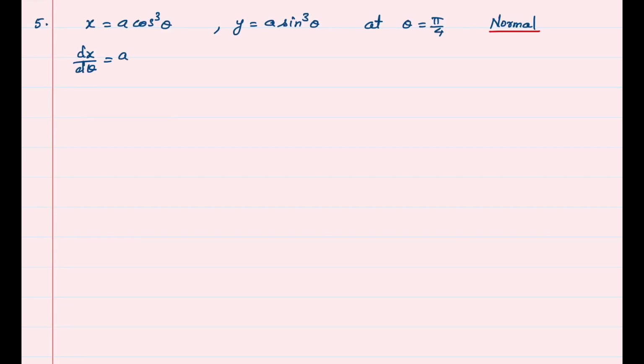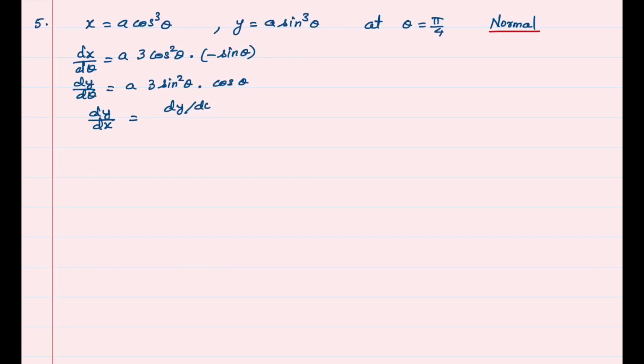A is a constant. We will apply chain rule. Power has to be differentiated first and then the base cos theta. Differentiation of the power is 3 cos square theta times derivative of cos theta is minus sin theta. Now we will find dy by d theta. A is a constant. Here also we have to apply chain rule. Power has to be differentiated first, which is 3 sin square theta times derivative of the base sin theta is cos theta. Therefore, dy by dx, which is slope of the tangent, we will divide dy by d theta